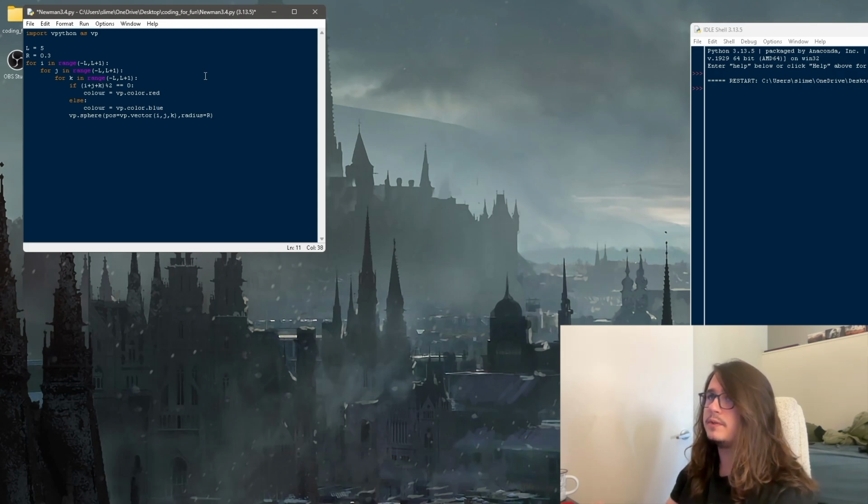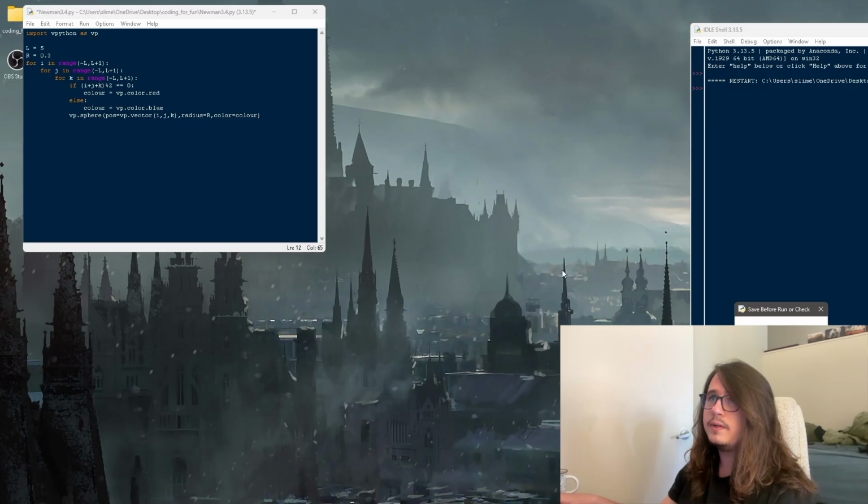This is very similar to the Madelung constant video that I did a little while ago, right? And just in the sphere function, you change the color parameter to be our color variable dependent on the parity. And then that should run,